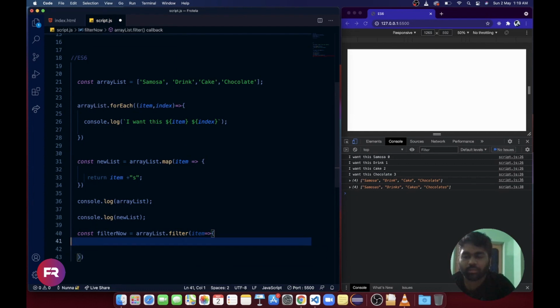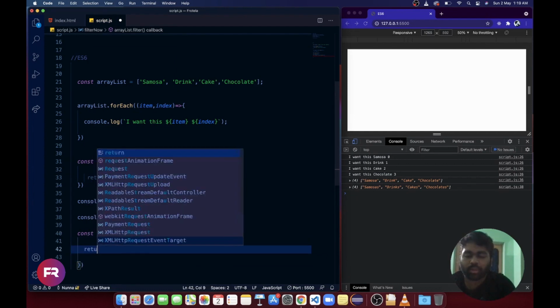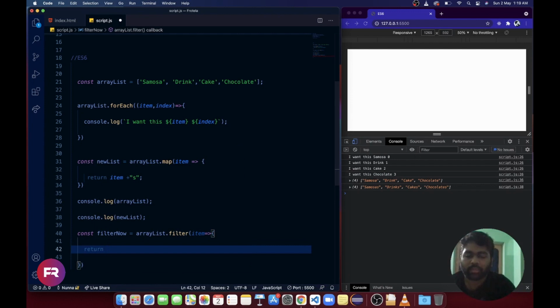Inside this, I want to return only the item which is equal to cake. So filterNow will have the item which is equal to cake, only cake.